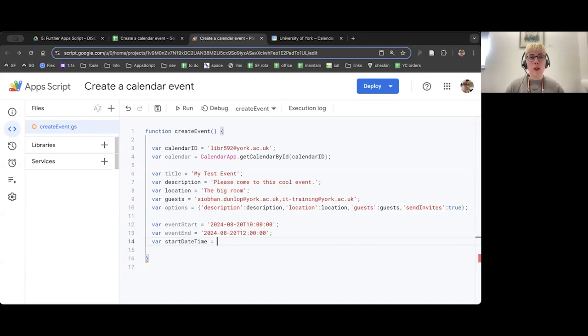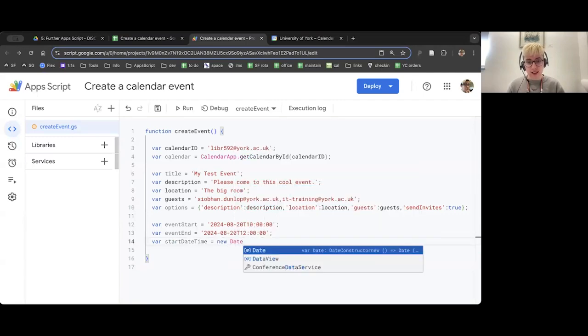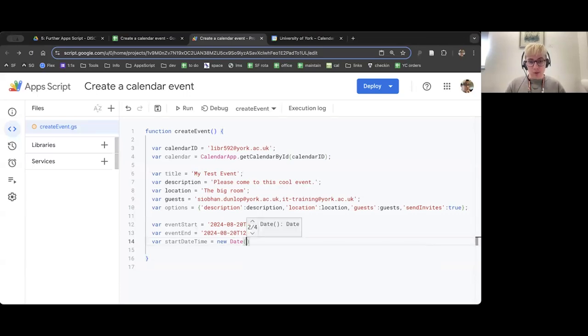And now we're going to use a command that isn't specific to AppScript. It's a JavaScript feature that will create a new date object. So a new thing that JavaScript understands as a date. So I'm going to write the word new, space, and then capital D, date. And you can see it's gone special colors because it knows that these are commands. And I'm going to open some round brackets.